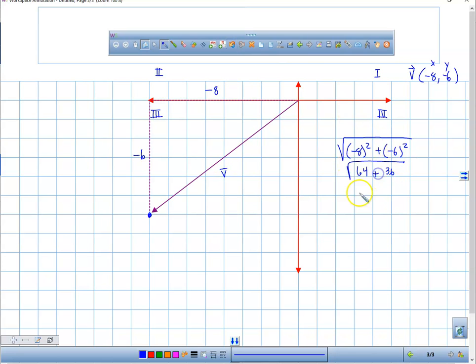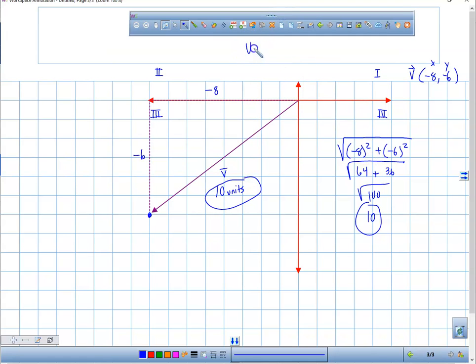So what is our magnitude going to be? All the way there, it's going to be a 10. Okay? How many units was the magnitude? 10 what? 10 total units. But we don't want it to equal 10 units because we want it to be what's called a unit vector. A unit vector, we want it to equal 1